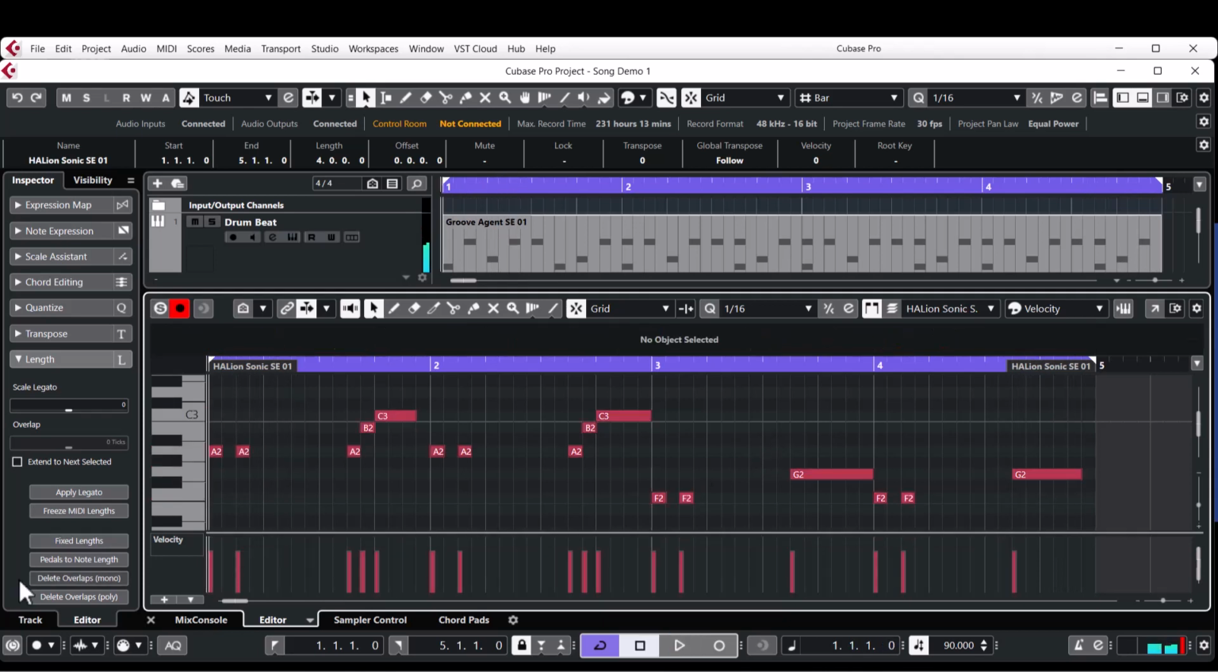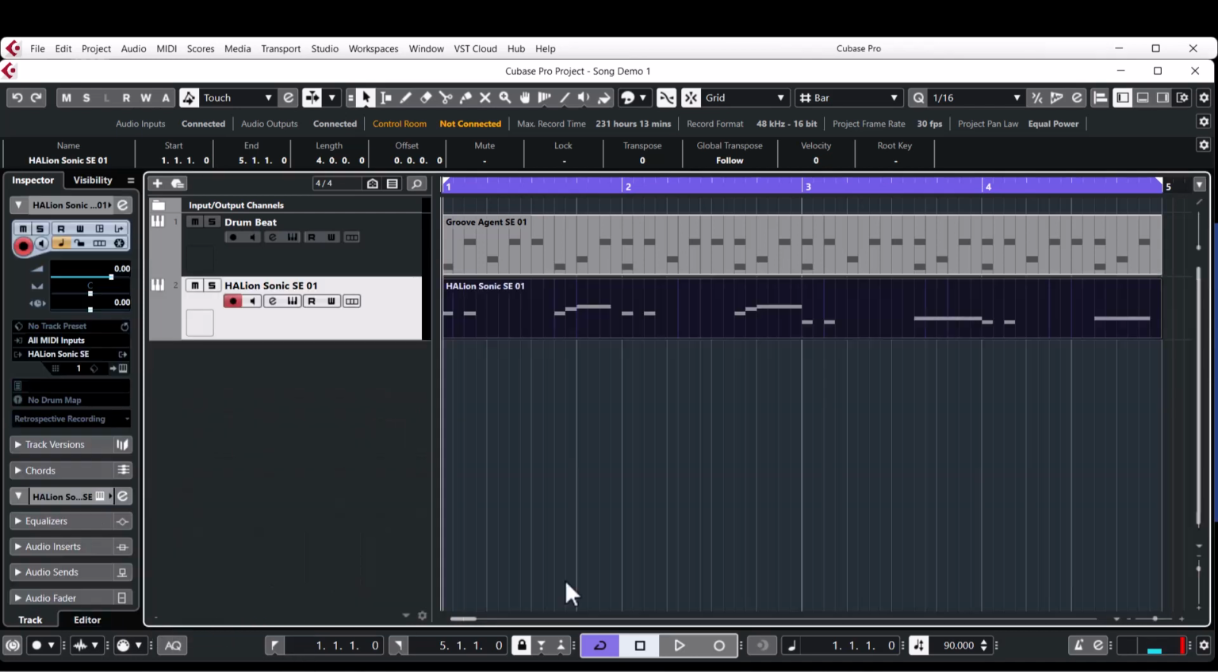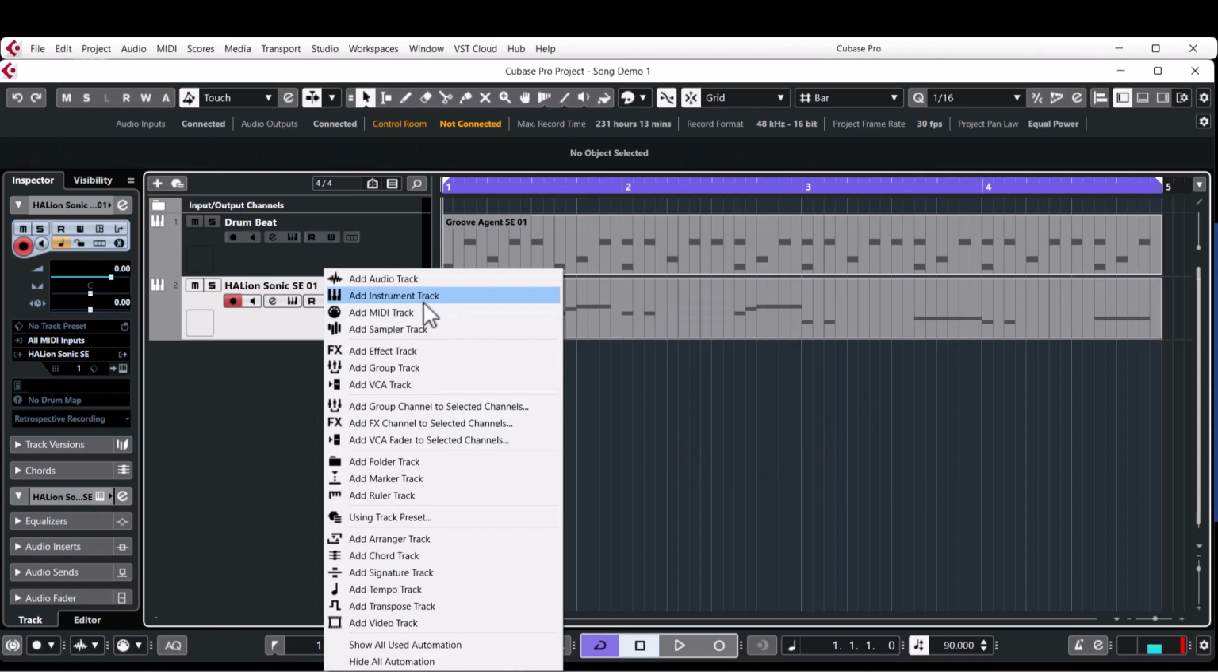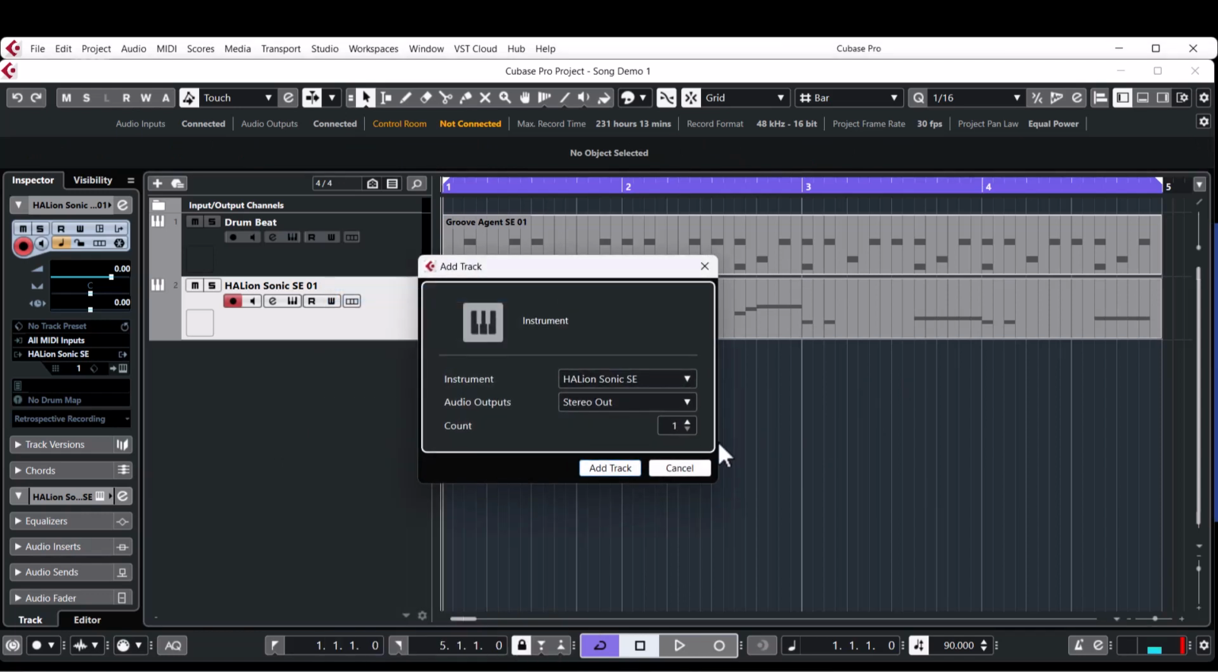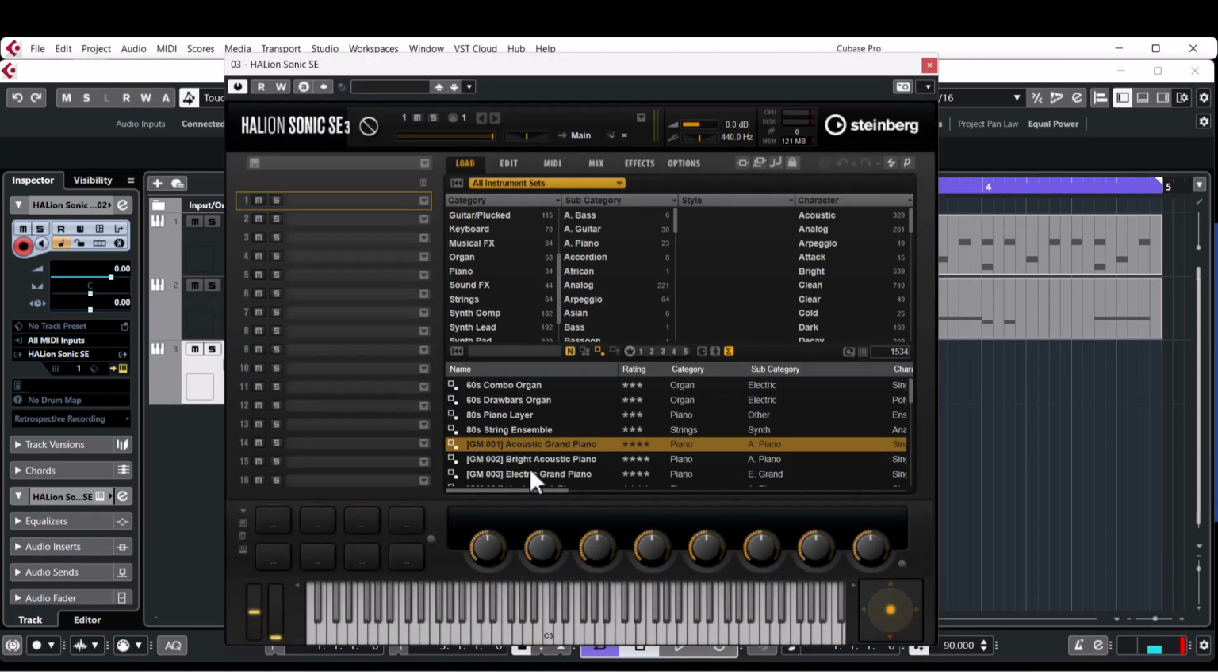So now we're pretty consistent, we're tight to the grid, we've got our pattern how we want it, and we've set our velocities to start giving the piano a little bit of the feel that we want. So again, we're going to load an instrument because we're going to add in some bass. So I'm just going to select Hallian again,